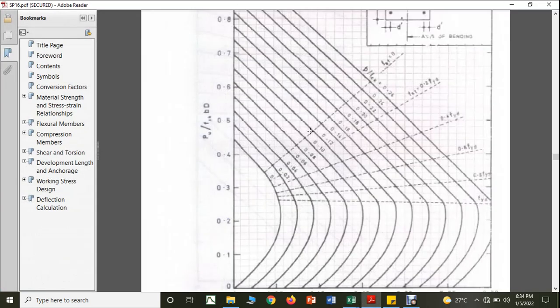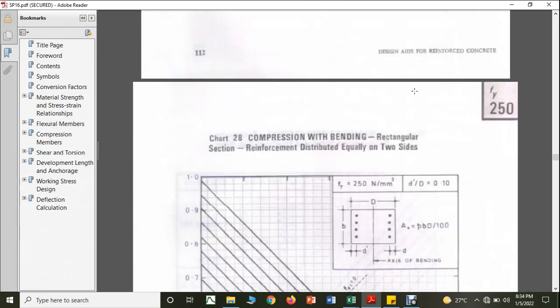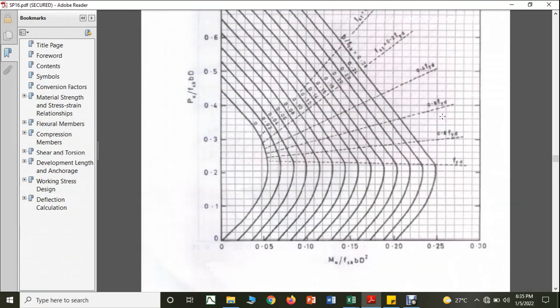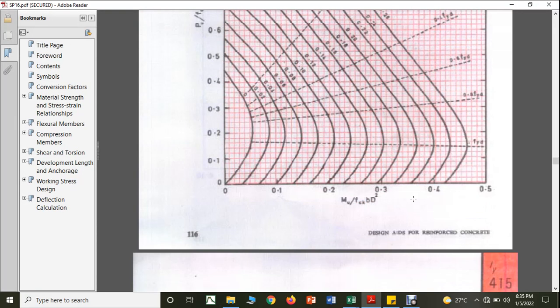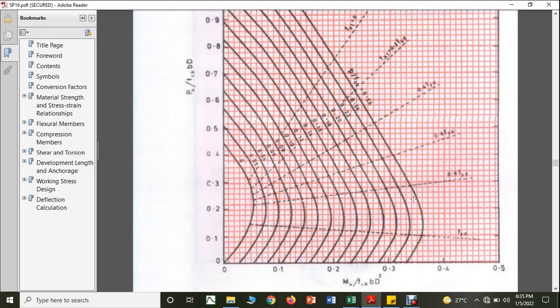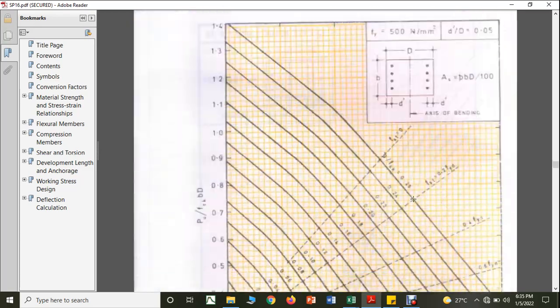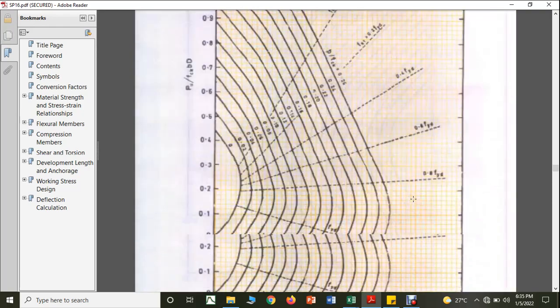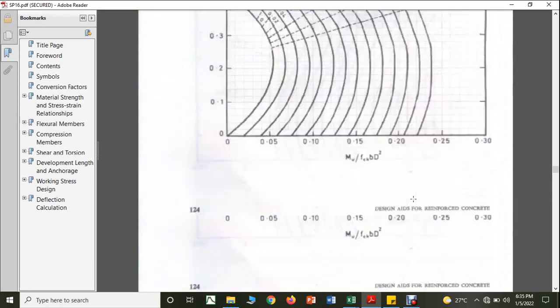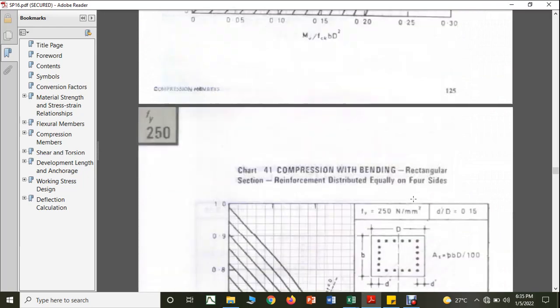So therefore you can see that it is all of 250. So let us go to Fe415. Yes, from here Fe415, and we have to go to the reinforcement to be provided on all four sides, because we are providing reinforcement only, this is with respect to two sides, so we need reinforcement on all four sides. So therefore let us go to